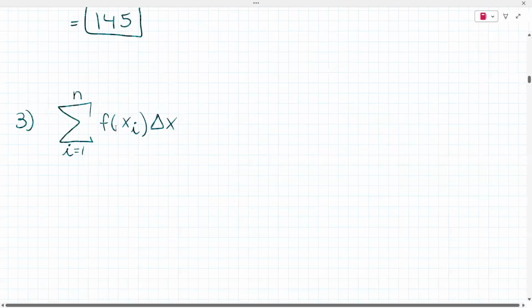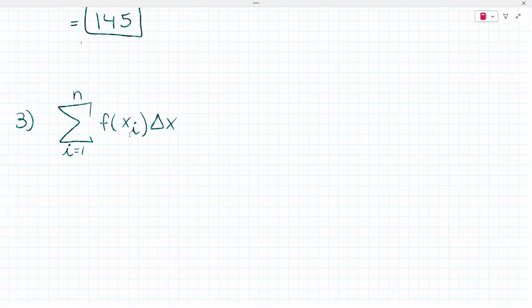It's f of x subscript i times delta x. So this is going to be related to our problem. So what you're going to do is rewrite it as, so we start at 1, your i is 1, and then we start, so it's going to be written as f of